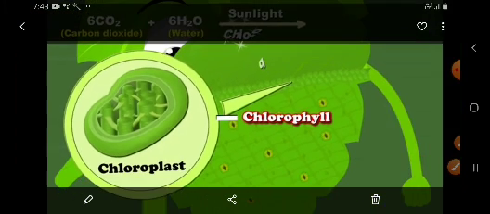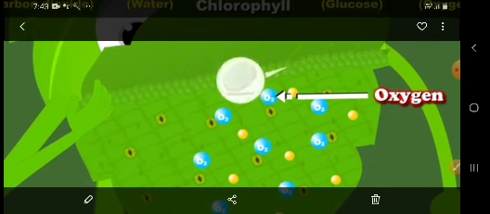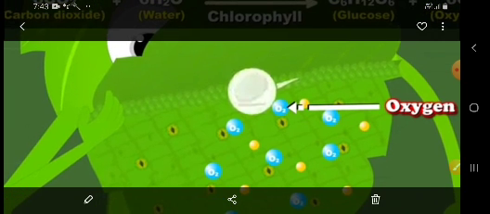Now children, here we can see the molecules of oxygen. These oxygen are coming out in the process of photosynthesis. From where are they coming out? They are coming from the same small openings or pores which are called stomata. These help in the exchange of gases. Carbon dioxide enters the hole and oxygen comes out, and these two things happen in the process of photosynthesis.